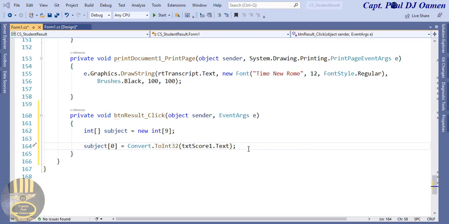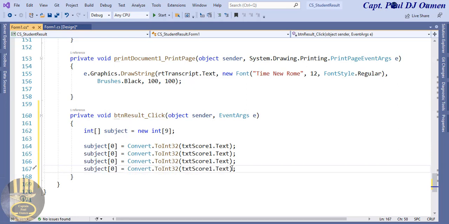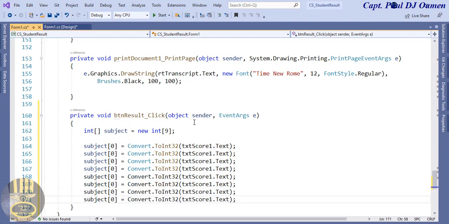And for the second one, I might as well just copy this. I have 8 of those, so we have 2, 3, 4. Let's copy it all again and paste. There we have 8. So all I just need to do is change this around as 1, and we have 5, 6, and 7 there. And this text box, that is 2, 3, 4, 5, 6,